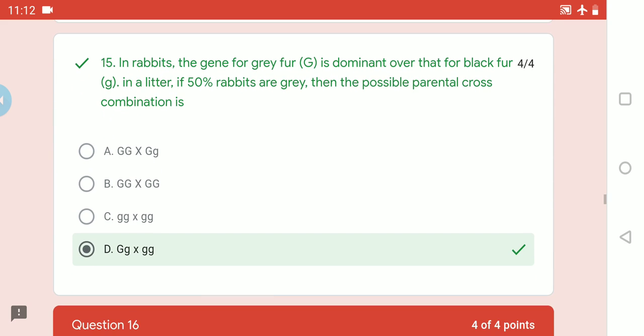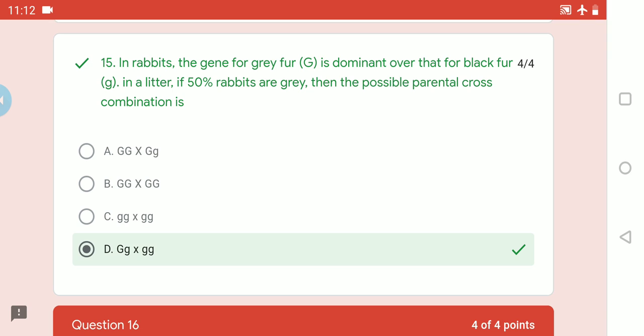The next one. This question can actually be asked at your NEET level. The rabbit example may not be present in your NCERT, but it can still be asked because it can come up in competitive exams. If you have just understood Mendelian laws, we can work it out based on that. Let me explain.